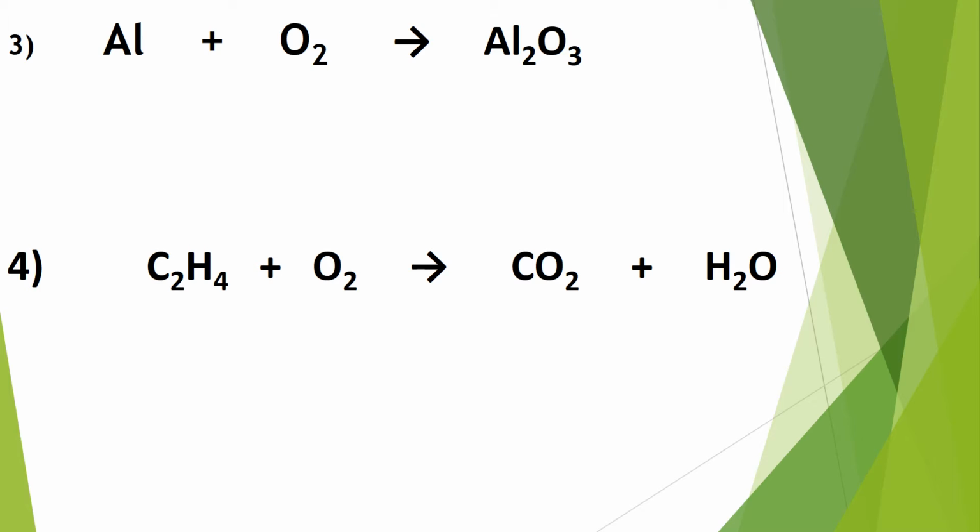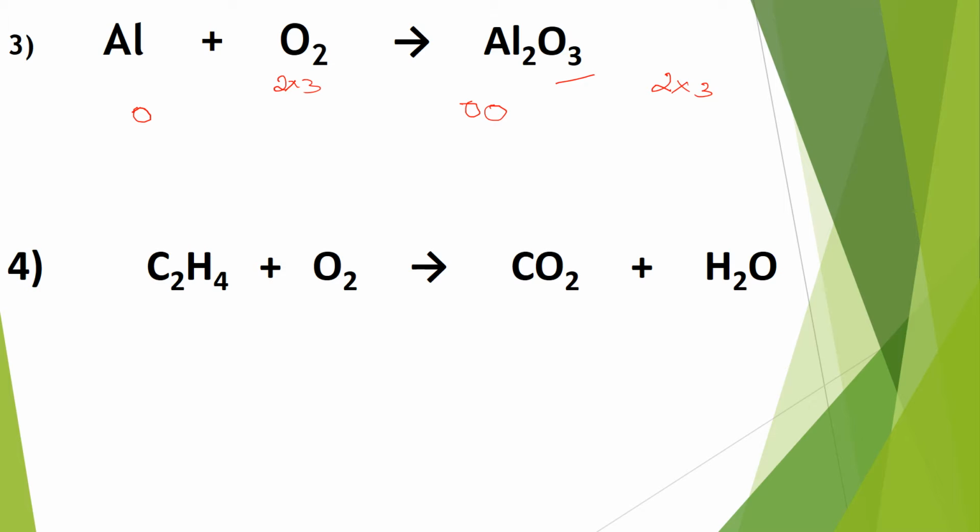Aluminium combines with oxygen to form aluminium oxide. Let us solve in an easy method so that you can understand it. Now aluminium is 1 here, let me write this 1, and here 2 aluminium atoms are there. And oxygen, look at the oxygen, that is 3 on the product side and 2 on the reactant side. What you have to do? You have to make it 6. How can you make it 6? On the product side you have to multiply with 2 and on the reactant side you have to multiply with 3.